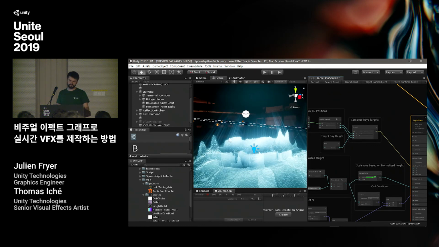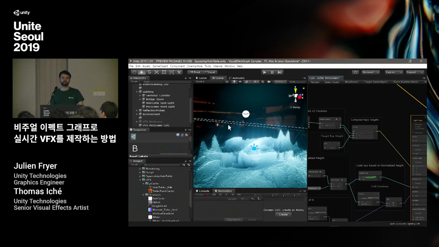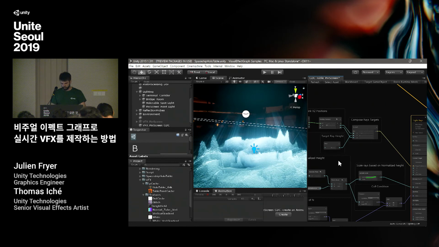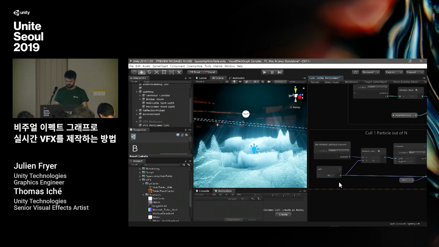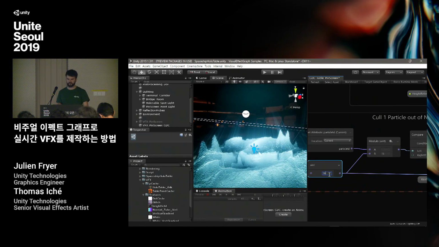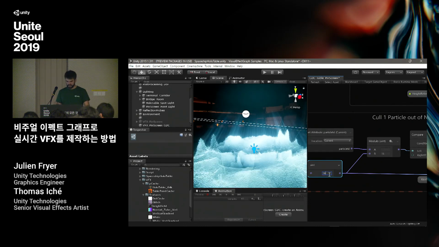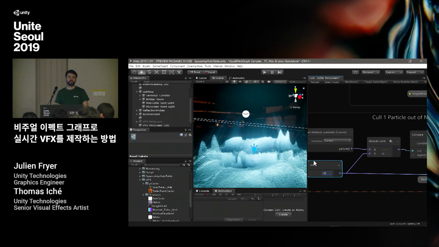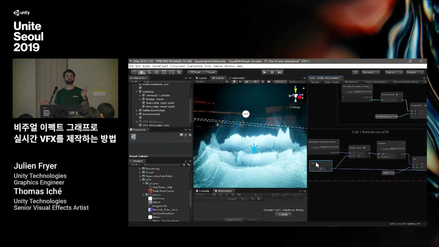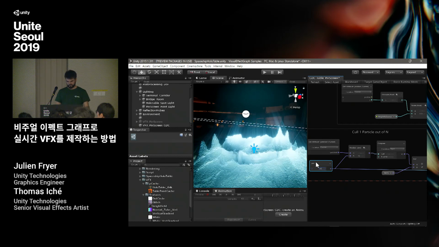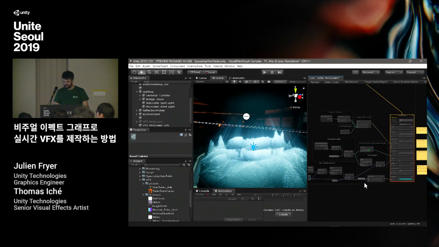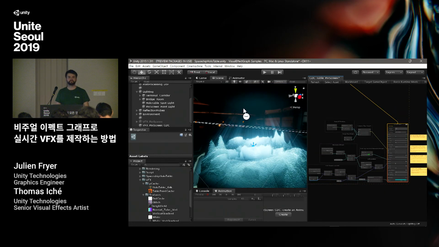And in the end, as there would be a lot of rays of light, and all of these are translucent, it would be a huge performance issue. So we decided here to cull one particle out of n particles. We decided to only keep one particle out of 16. So it's a huge performance saver, and all other particles are just not rendered. There is not even a vertex for this. So that's it. That concludes this breakdown for this effect.